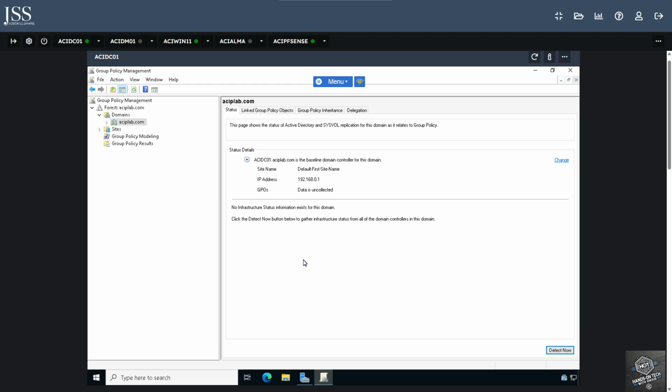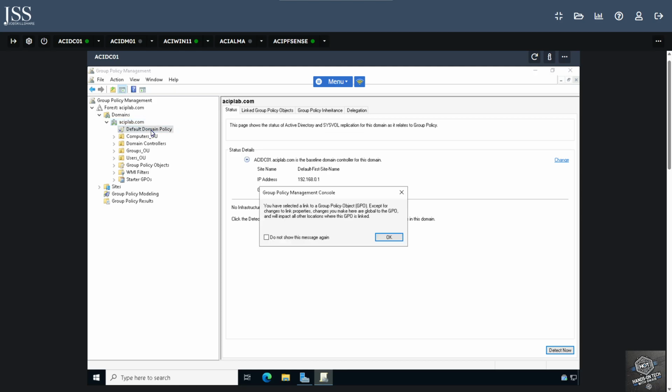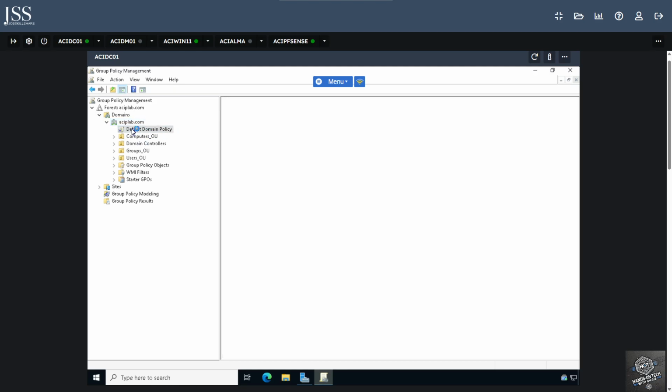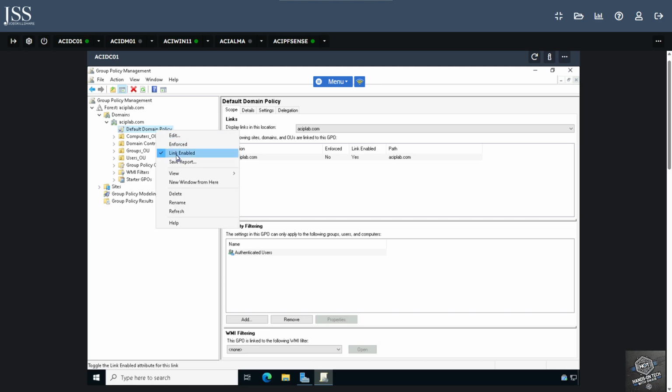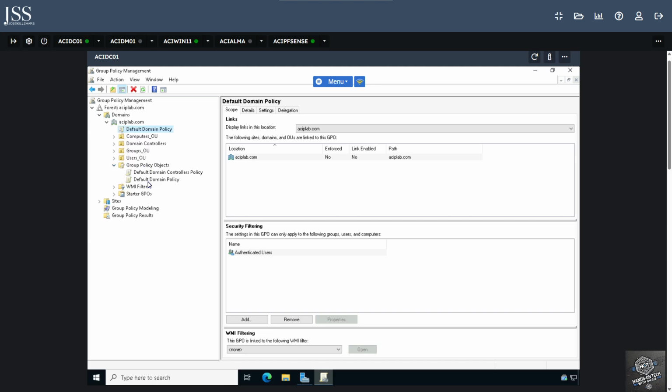Open Group Policy Management on ACIDC01, the domain controller, and create a new GPO. Now before creating a new GPO, there's this default domain policy. I want to remove it. Okay, I want to unlink it. You can right click and unlink it, and in the Group Policy Objects you have this default domain policy. So if I delete it